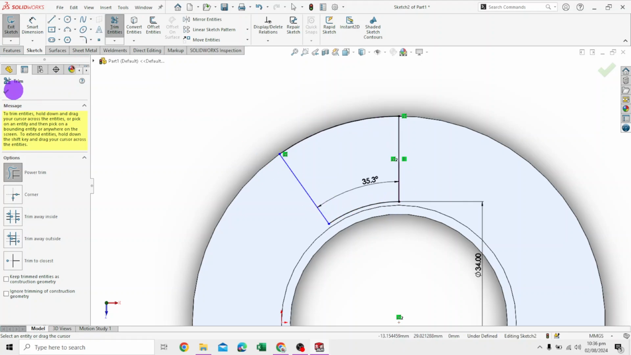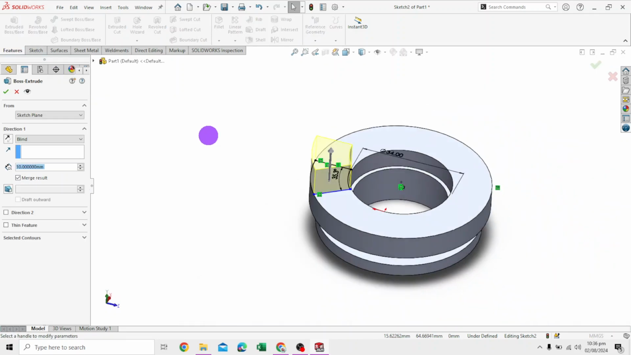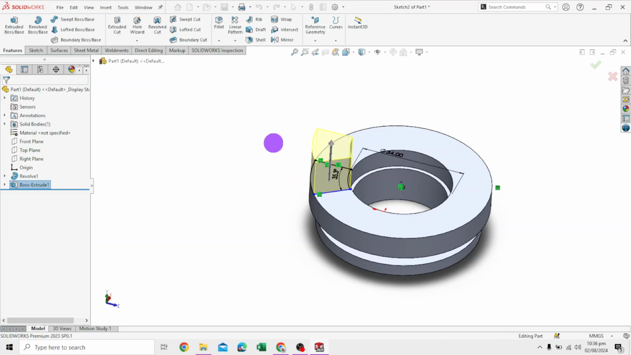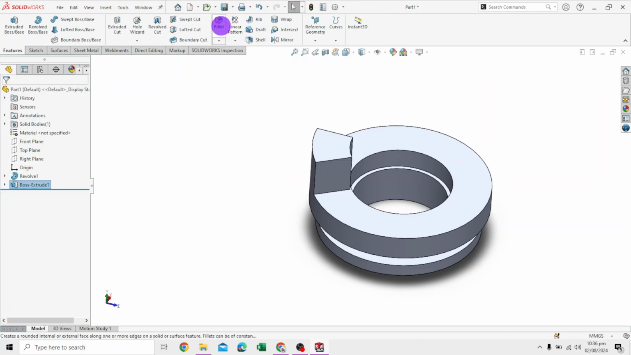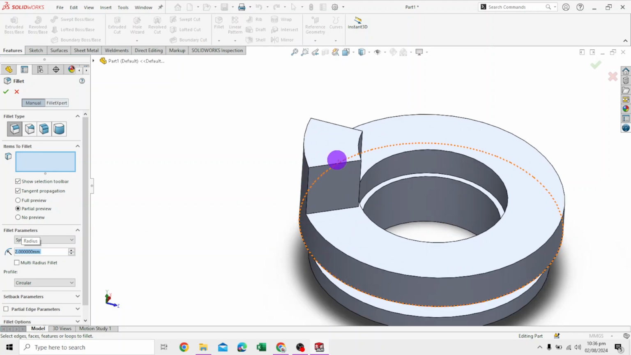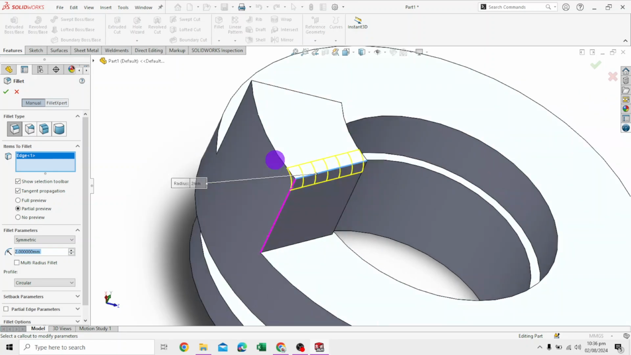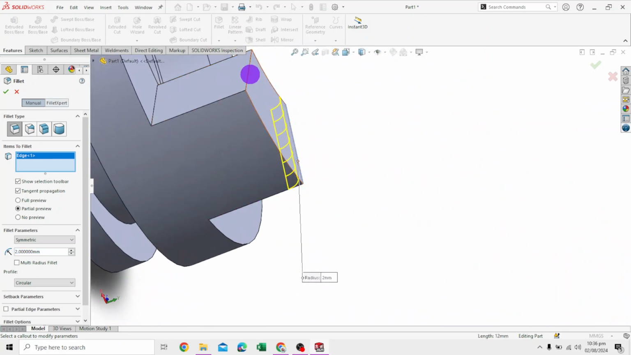This we can extrude. We'll go to extrude and extrude it by 13 millimeters. Say enter. Yes, this is what we need. We'll go to the fillet command. From the fillet command, we need a 2 millimeter fillet, and we will click on this corner as well as